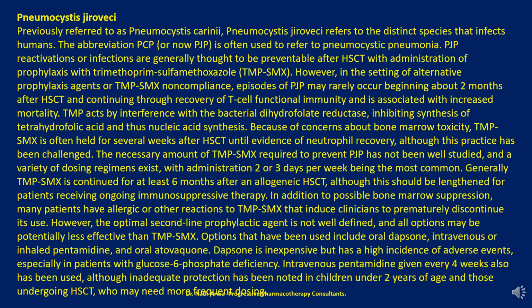We will now discuss Pneumocystis jirovecii. Previously referred to as Pneumocystis carinii, Pneumocystis jirovecii refers to the distinct species that infects humans. The abbreviation PCP, or now PJP, is often used to refer to pneumocystic pneumonia. Pneumocystis jirovecii pneumonia reactivations or infections are generally thought to be preventable after hematopoietic stem cell transplantation with administration of